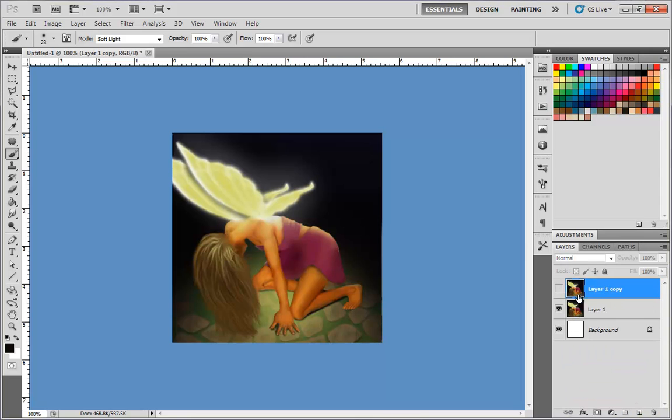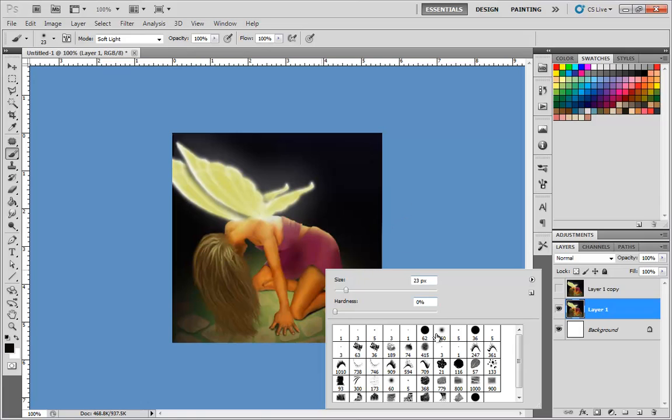So the main thing is just the lighting. The lighting can be improved a lot. The only light source in this picture that I can see is these butterfly wings. The butterfly wings aren't going to go through her and add light to the ground. In fact, she's blocking all that light. So what's going to end up happening,